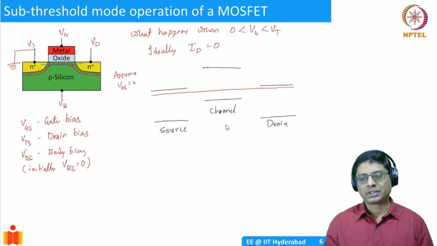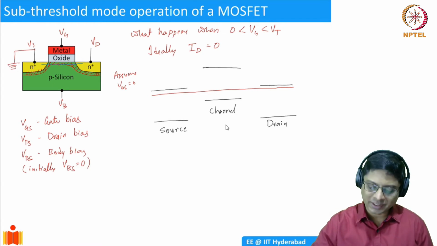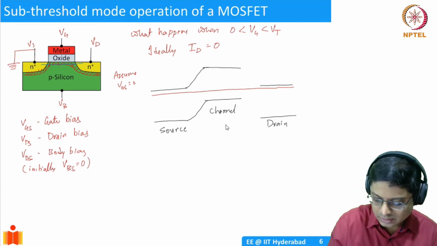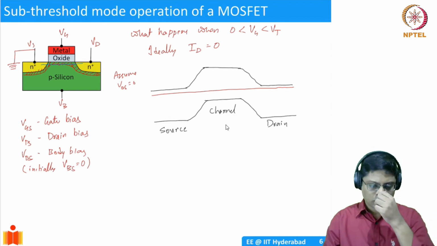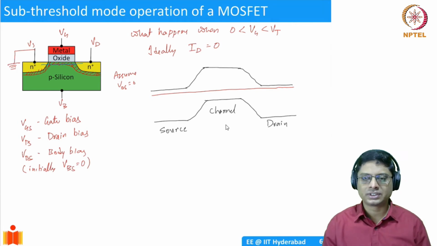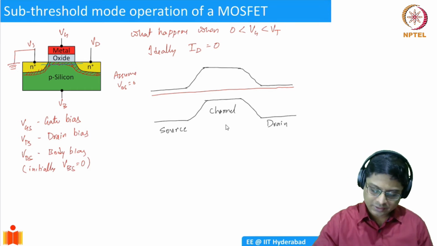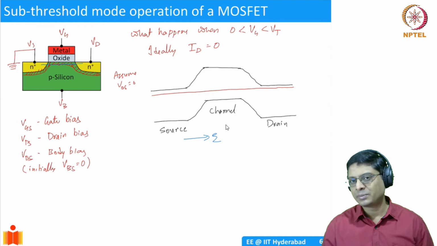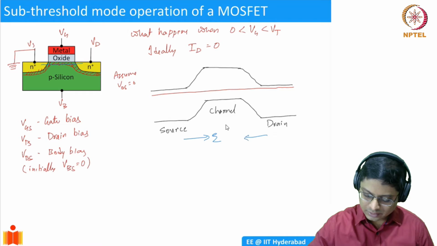What happens now? How do we connect this? We have to connect them in such a way that the band gap is maintained. Here it should be connected like this, and on the other side, it should be connected like this. Now, how do the carriers flow in this structure? Here the electric field is in this direction, because it's a positive slope: EC is bending with a positive slope. Whereas here the electric field is in the opposite direction.